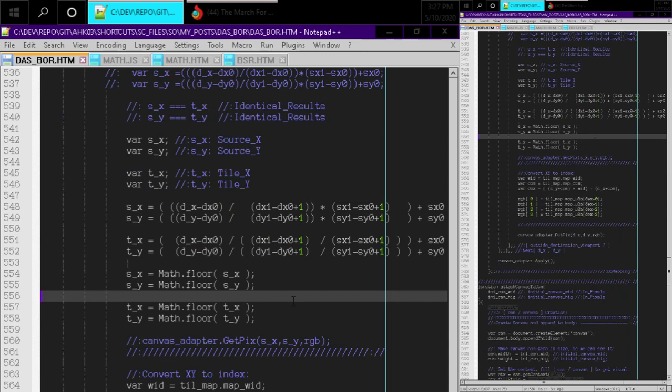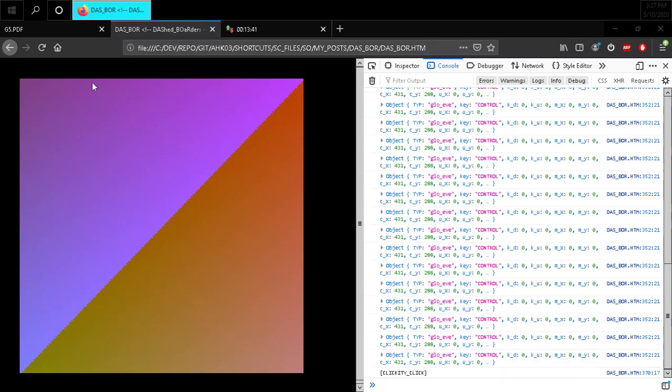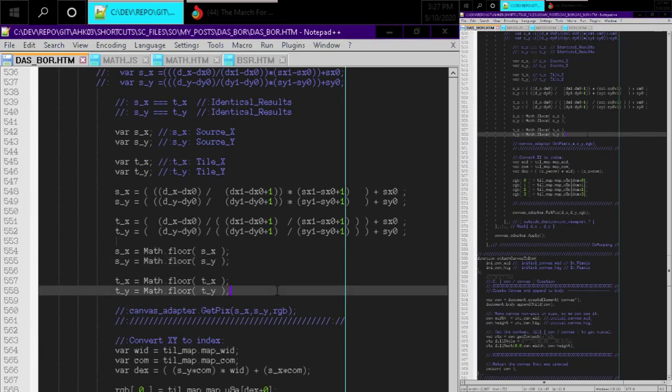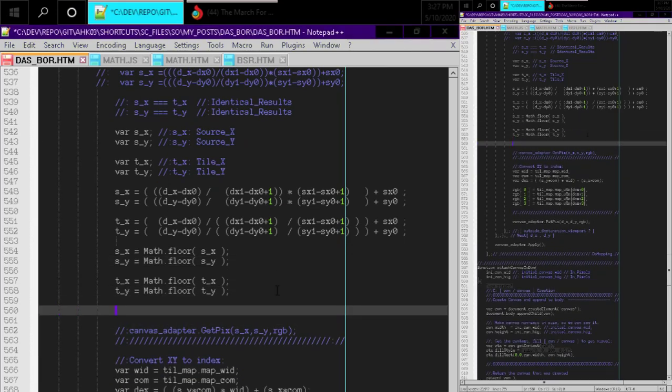So the next part is, let's just make sure this still runs, that we didn't make any egregious error in the syntax. So we did not, so that's good. And the next thing I want to do is a little assert to make sure that sx and tx are correct, and if they're not, we're going to inspect the values and see how different they are. They should be whole numbers, so they should be identical. We shouldn't even have to decide if they're significantly close, because the formula is dealing with whole numbers, so they should be dead on